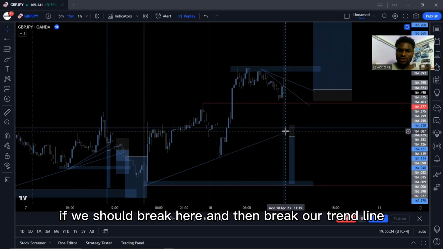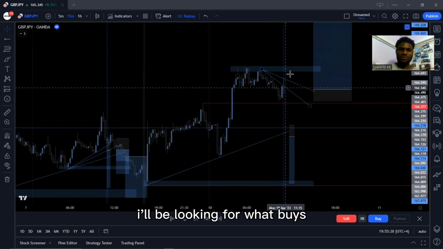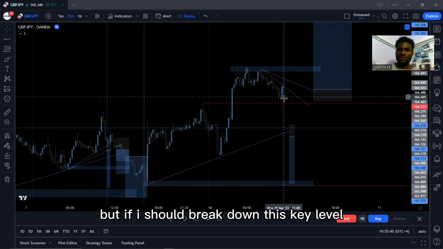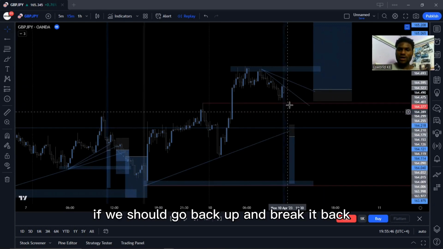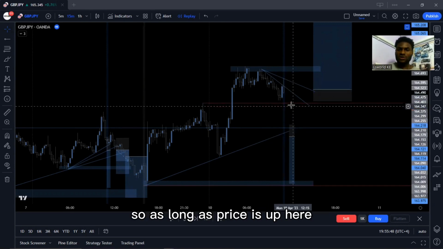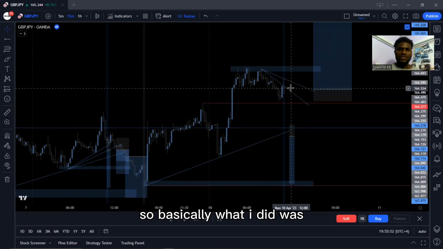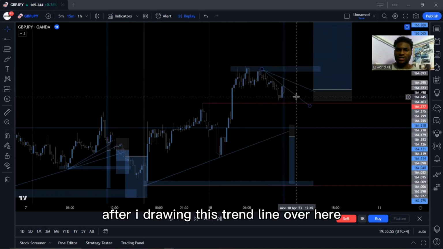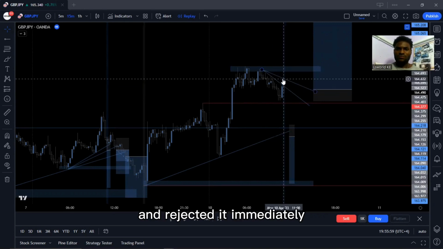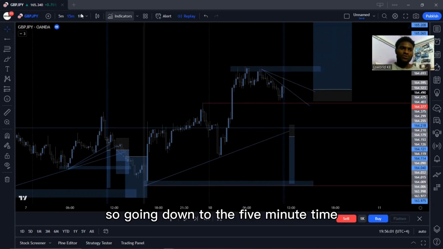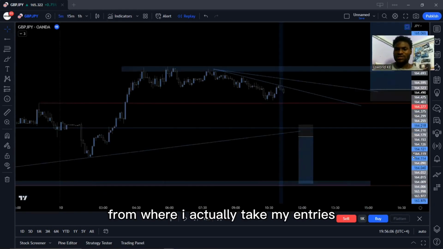If we should break here and then break our trend line, I'll jump in for the sell, because as long as price is up here, I'll be looking for buys. But if price should break down this key level, I'll now be looking for sells. If we should go back up and break it back up, I'll be looking for buys. So as long as price is up here, I'm looking for buys. So basically what I did was, after drawing this trend line over here, I saw price break above it and reject it immediately. So going down to the 5 minute time frame where I actually take my entries,